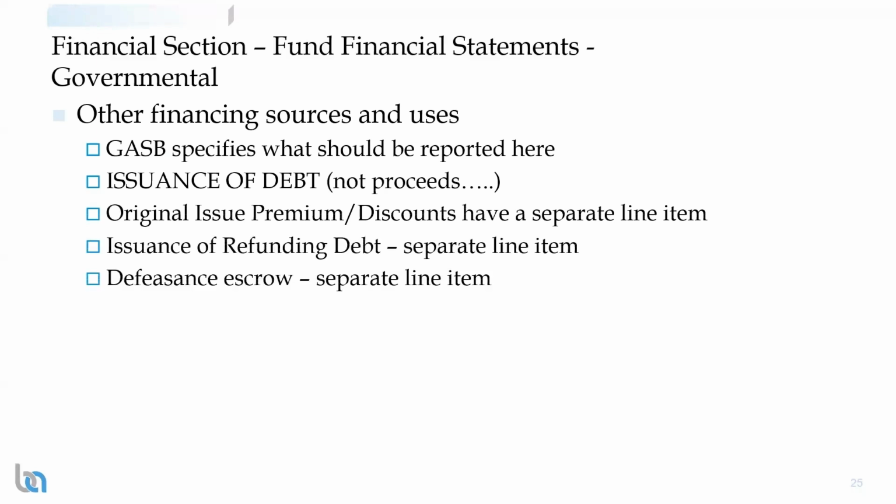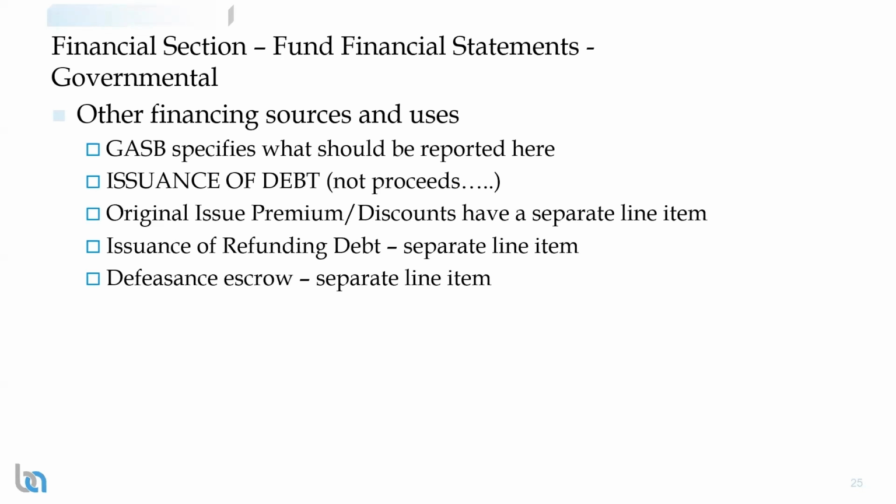All right. So with regards to other financing sources and uses, this is similar to non-operating revenues and expenses under GASB 103, where they are pretty rigid into what can be included here. It's not, I think this should be here. If it's not other financing source or use, then it's going to be a revenue or expenditure or special or extraordinary item currently. So these are the items, what can be reported here.